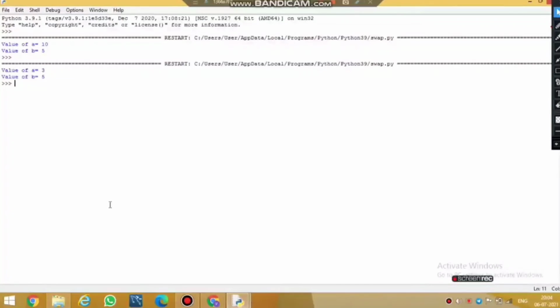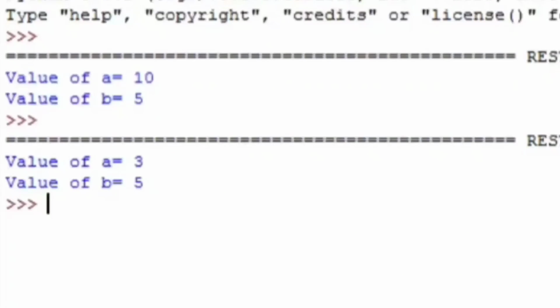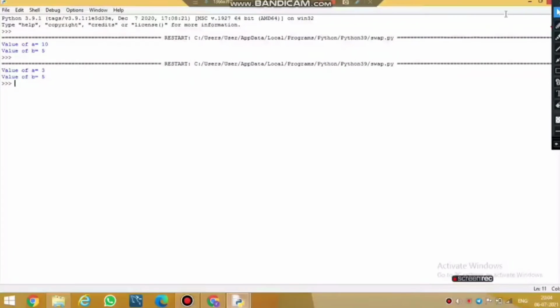You can see we have got the value of A is equal to 3 and the value of B is equal to 5. So we have successfully swapped two values.